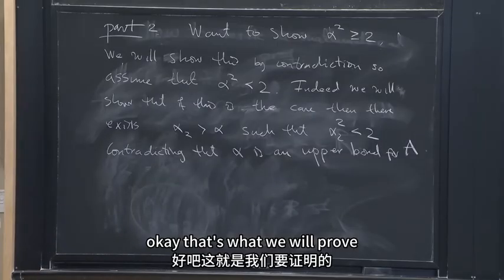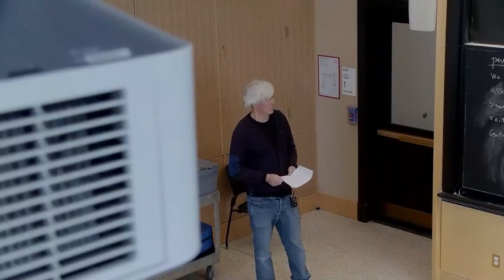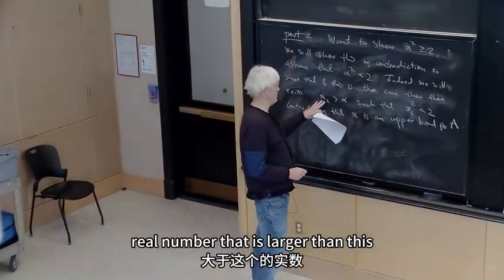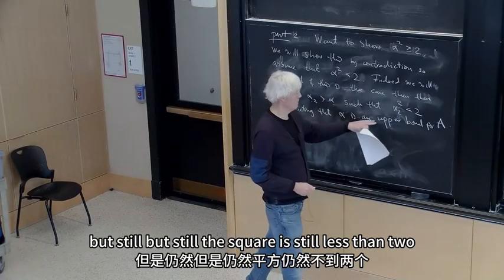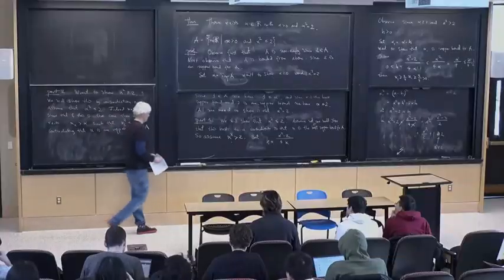Okay, that's what we will prove. And so we want to find a real number that is larger than this, but whose square is still less than 2. Okay,